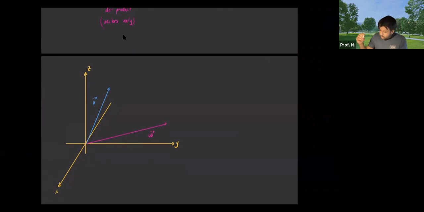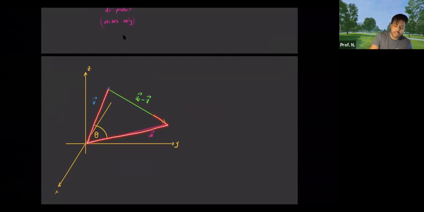And I have this vector here, connecting these two tips. And the angle between V and W, this is theta. And so this would be what? This would be W minus V. Right, this is my vector. The difference between W minus V is this vector here. What did I just create? I created